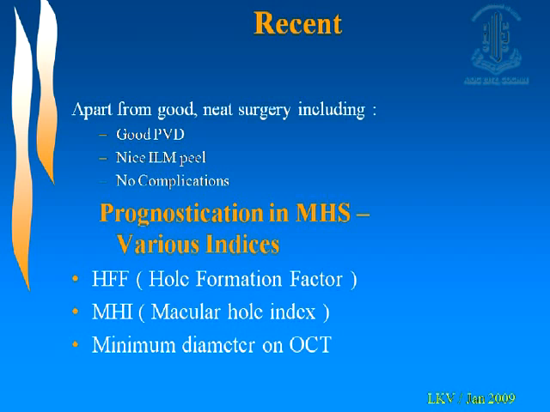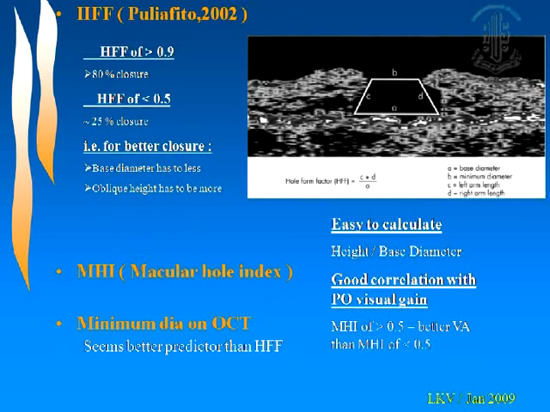There have been various indices described based on OCT, just in an attempt to prognosticate the visual recovery. There is hole formation factor and macular hole index. The third is minimal diameter on OCT. In my working experience, I think the minimal diameter on OCT helps the best. Hole formation factor is too complex and does not yield much information. But for completing this topic, (C plus D) upon A is what is described as hole formation factor, and what has been described is that if it is more than 0.9, the closure rate is higher. But I think minimal diameter on OCT seems to be a better predictor than